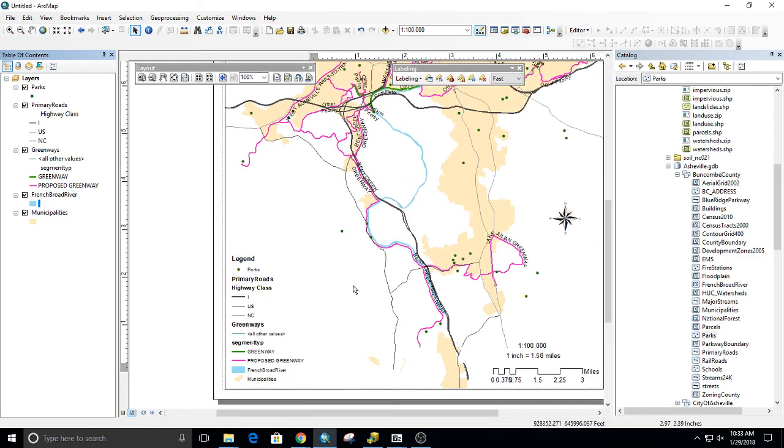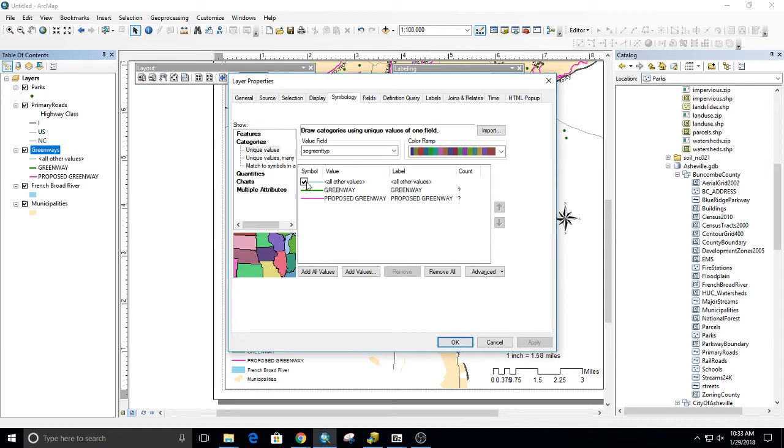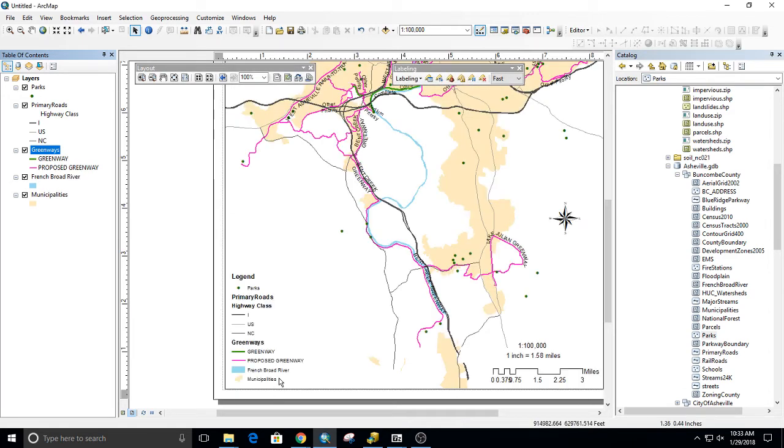If I added a new layer, it would get added to the legend. You often want to spend some time renaming things in the table of contents here. Again, it does not affect the data. You want to rename things in here because it renames them here, and that looks better in your legend. Okay. Now, sometimes people don't think they have good enough control on the segment type. Yeah, see, I could just delete that altogether and turn off the other values and make that look a lot better. Okay, it's making that legend look a lot better, right? Now,